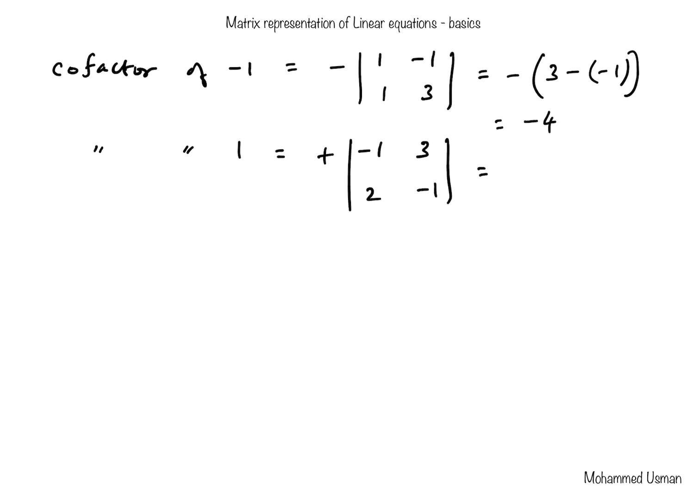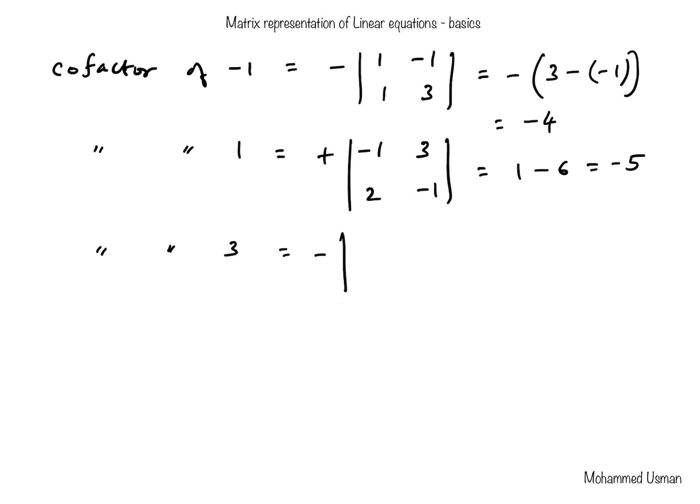So now we compute that: -1 into -1 is 1, minus 2 into 3 is 6. That gives us -5. So the cofactor of the first element in the third row, which is 1, is equal to -5. Similarly, the second element in the third row is 3, and the cofactor would be, the minus is the positional sign, and